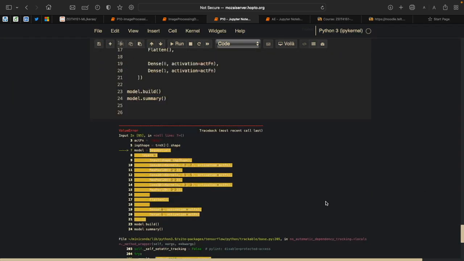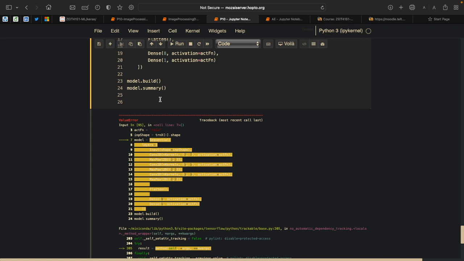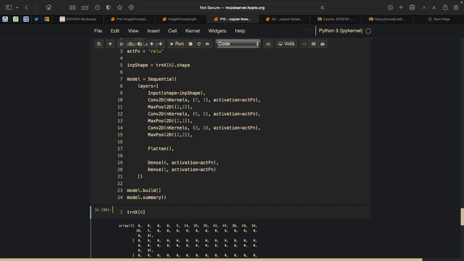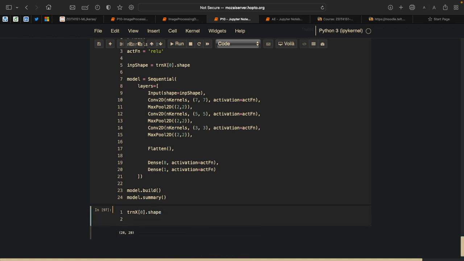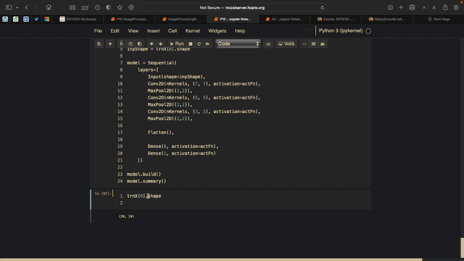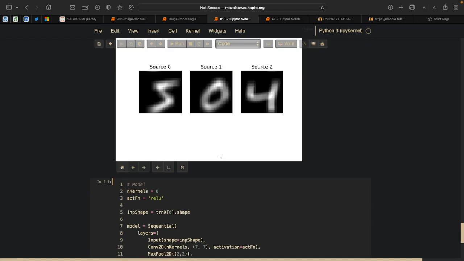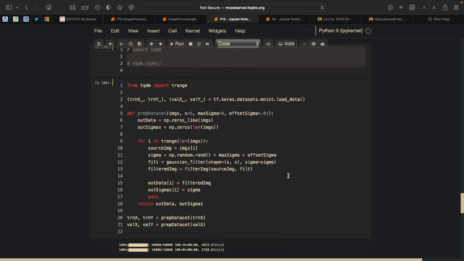So to show what happened, train X sub 0 dot shape comes to 28 by 28. Even if you get 0 to 1 like we did before, it's 1, 28, 28. There is a channel missing at the very end here. So our prepared data there,